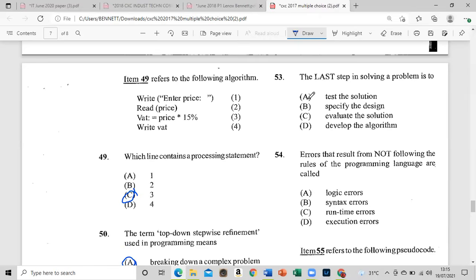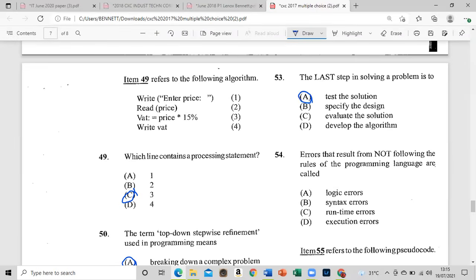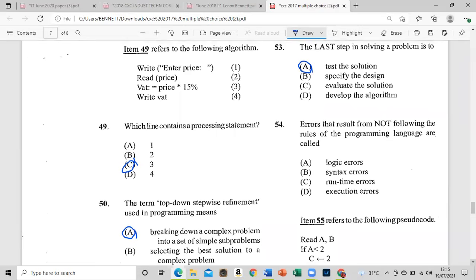Alright. This will be to test the solution, as I want to see if the solution actually works, right? That is the last thing. You set up the algorithm and something, then that is the process, right? Or the